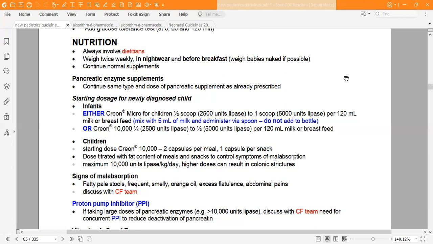So that's easier for the moms to understand the dose and how they can measure it. It's half a scoop or 1 scoop per 120 ml of milk or breastfeed if he is breastfed, or Creon